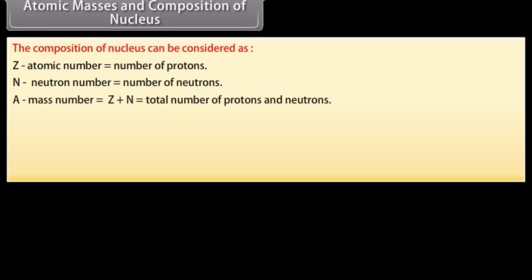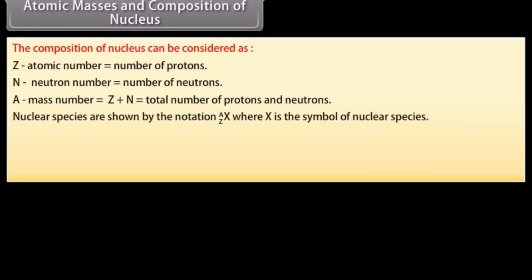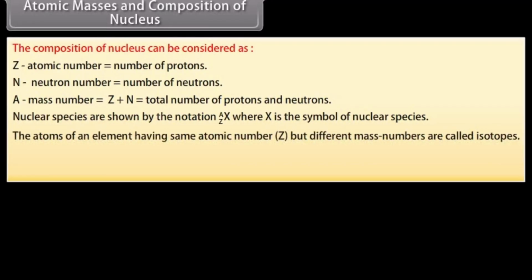Let A be mass number, which is equal to Z plus N, which is equal to total number of protons and neutrons. Nuclear species are shown by the notation, where X is the symbol of nuclear species. The atoms of an element having same atomic number, that is Z, but different mass numbers are called isotopes. For example, isotopes of hydrogen are